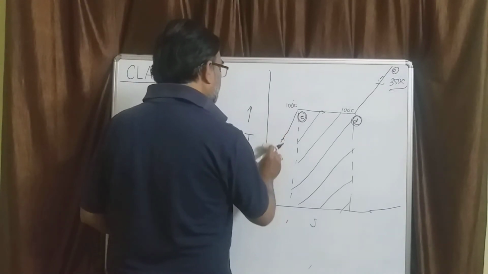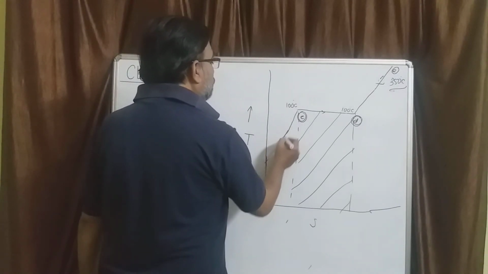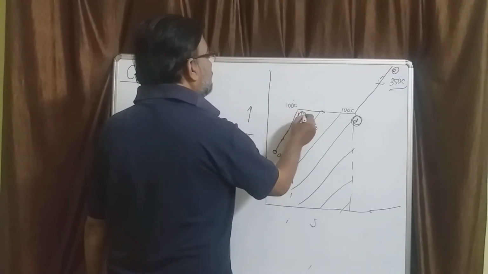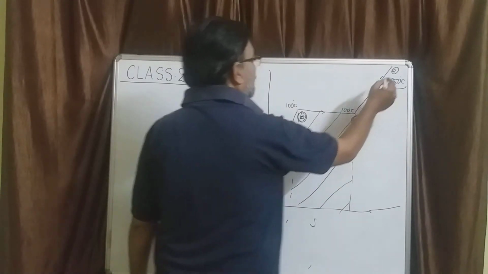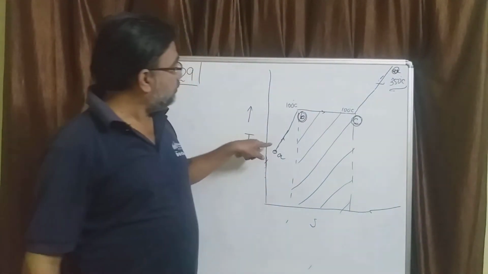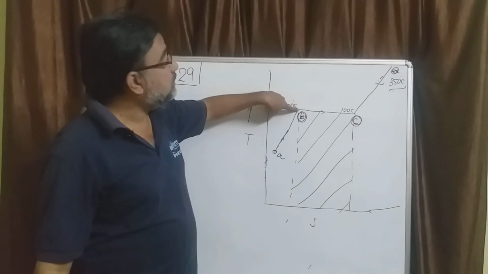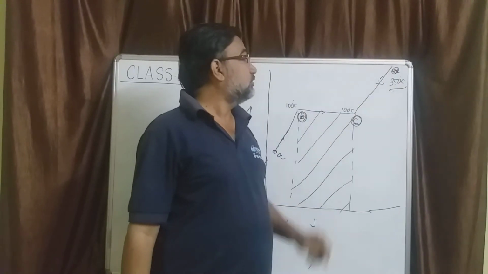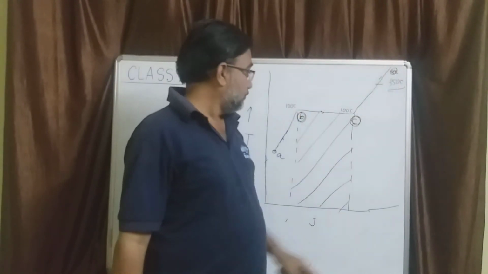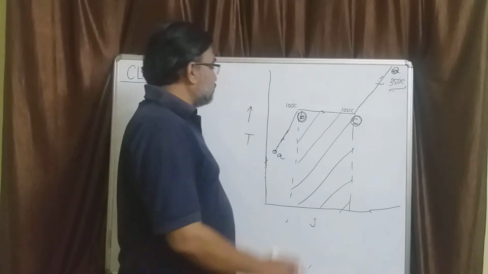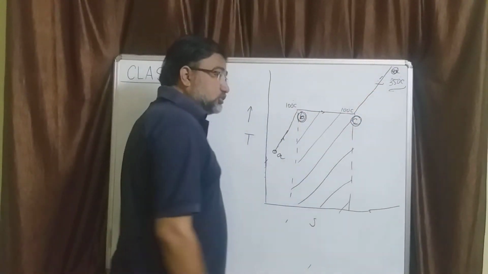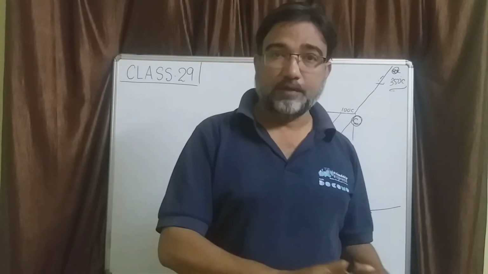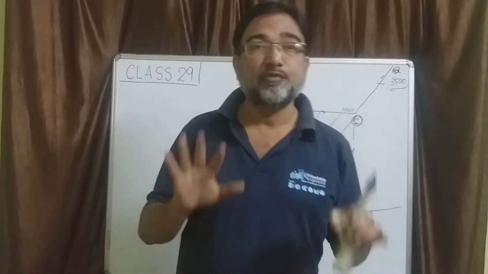So let it start from water. At some point let it be A, let it be B, let it be C, and let it be D. So we have pure water here, we have saturated water here because there is a point of saturation. We have saturated vapor here, and above that we have pure vapor here. So now we have 4 points only, and this line is a constant pressure line representing 1 atmospheric pressure or 1 bar pressure.